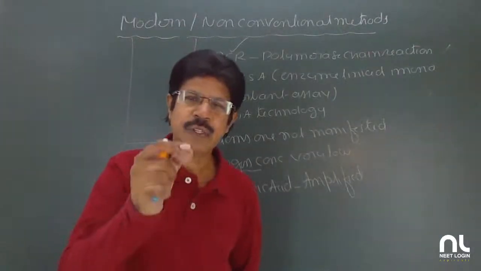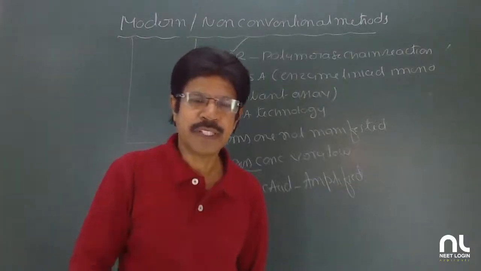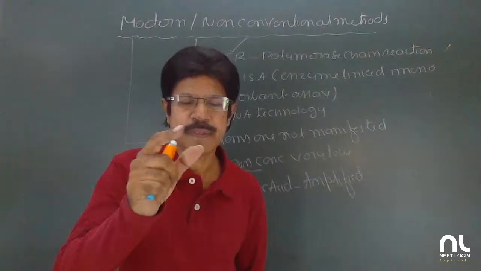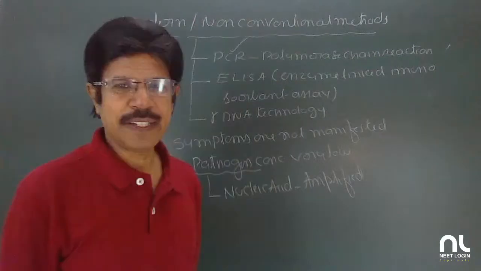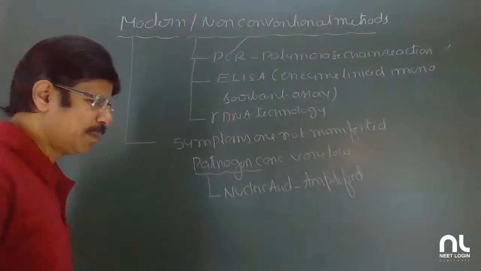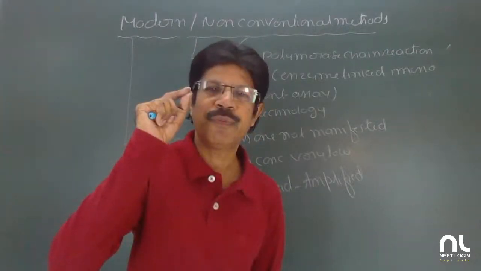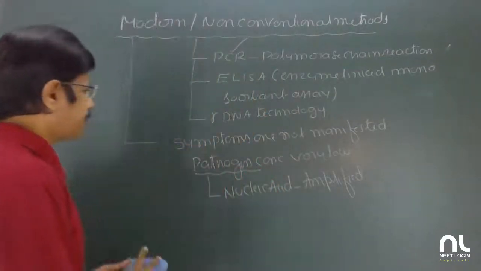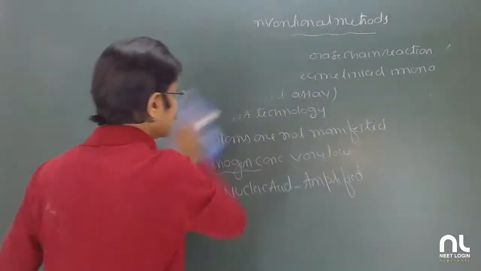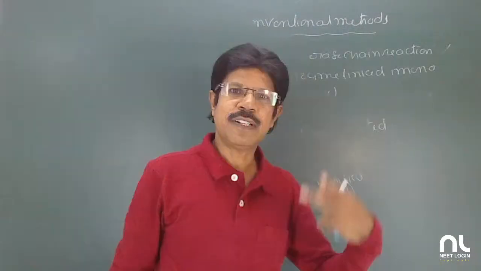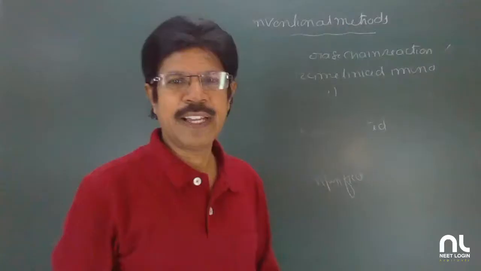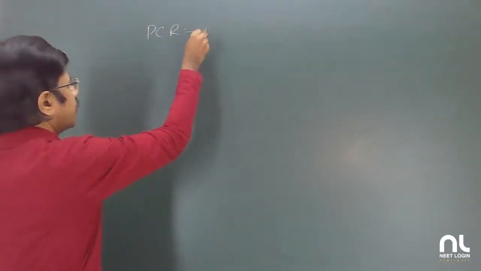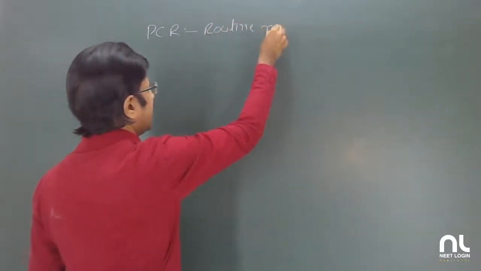The polymerase chain reaction is a routine method in HIV suspected, that is AIDS, patients. For mutations in cancer suspected patients, PCR is a routine method. So symptoms are not manifested, but the pathogen concentration is very low. By amplifying the genetic material, the nucleic acid, we can detect it. In conventional methods, symptoms are manifested by the time the concentration of the pathogen is already high. And this PCR is the routine method